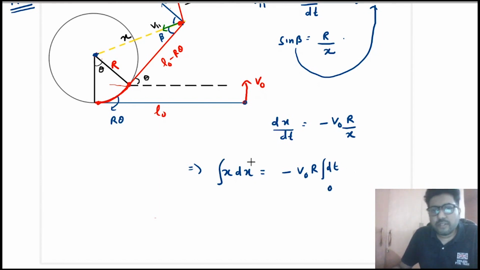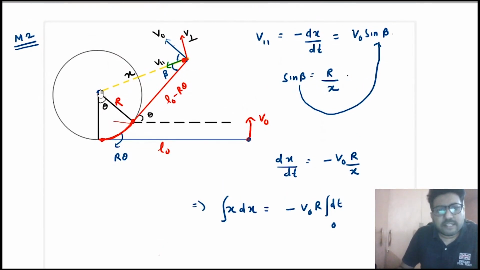At t equal to 0, now let us see what was the distance between the center of the cylinder and the disk at t equal to 0. So at t equal to 0, the disk is at this position, the center of the cylinder is fixed. So this is the distance. So this is r, this is L0. So at t equal to 0, the distance between the center of the cylinder and the disk is under root r square plus L0 square. So this is under root r square plus L0 square.